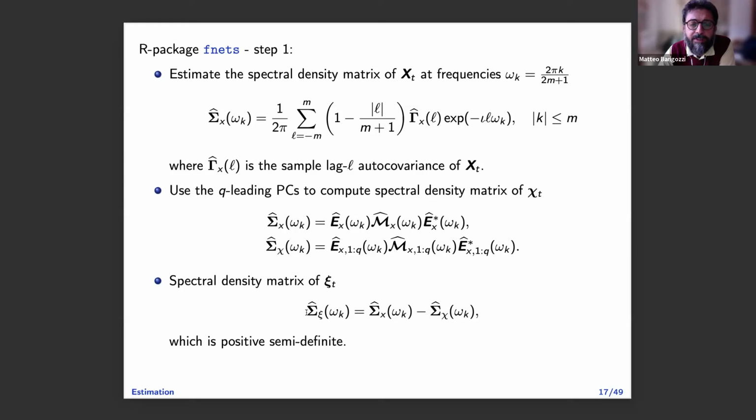That's a matrix which is not positive definite, it's positive semi-definite by construction, but it doesn't matter, because that's enough for our theory and algorithm to go on. So it cannot be inverted by itself. That's clear. So you see why we need to use a parametric model, because the long-run partial correlation network will be based on the inverse of this matrix at frequency 0, but I cannot take this estimated matrix and invert it, because it is positive semi-definite. It has rank p minus q, so it cannot be inverted.